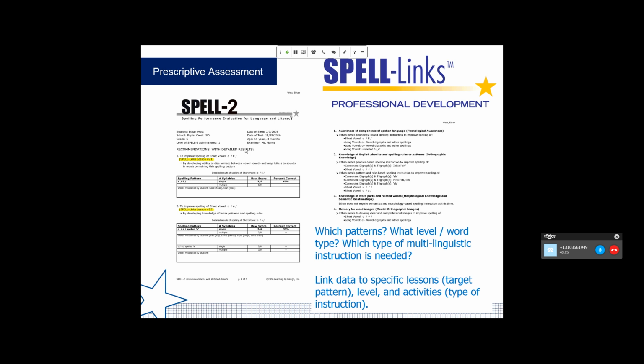We also know that spelling as a path to intervention is a powerful way to improve both spelling and reading, whereas programs or methods that focus just on the reading or the decoding, if they're good and if they're administered well, will improve the decoding but not transfer over to the spelling. So just as one example here, we have a student, Ethan, and the print might be small on your screen, but I'll walk you through here.